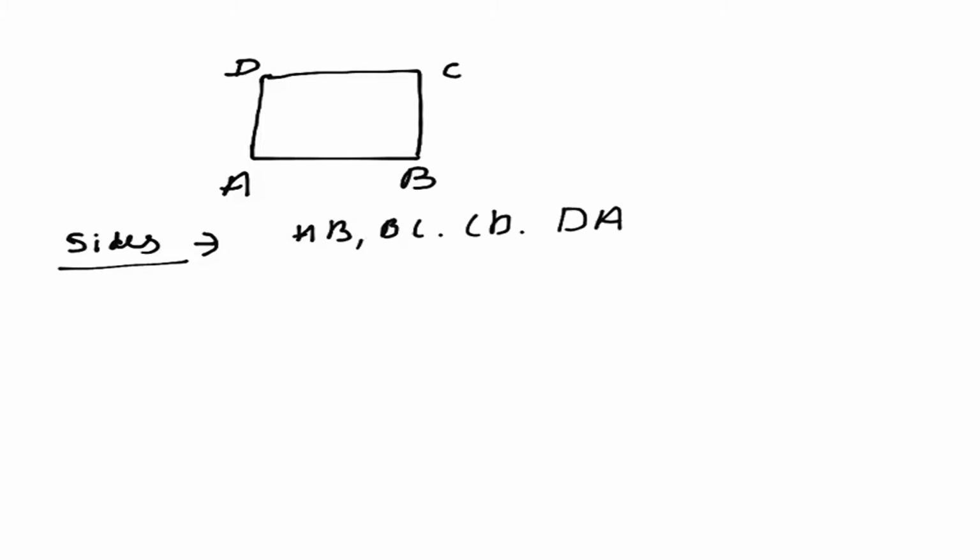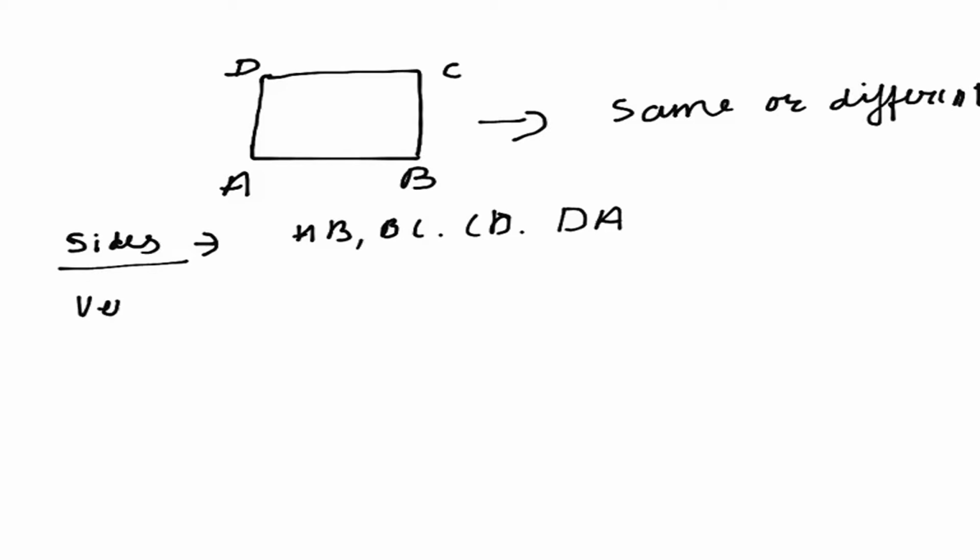These are four line segments that we call the sides of a quadrilateral, and they can be the same in length or they can be different in length. The only funda for the quadrilateral is that it should have four line segments. Any figure with four sides will be known as a quadrilateral. So this is the first term in the quadrilateral, that is sides.